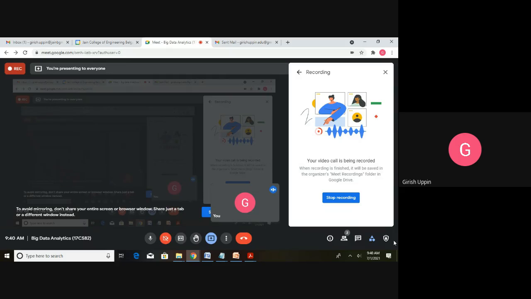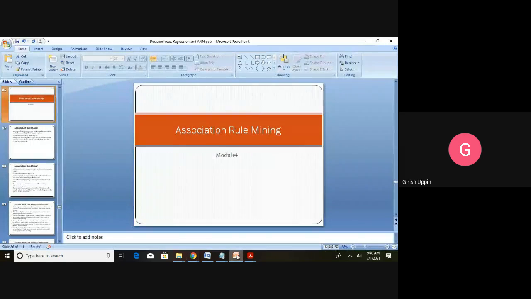In this session, we are going to talk about association rule mining. This is one of the unsupervised machine learning techniques, similar to clustering analysis. Association rule mining is also unsupervised learning, meaning we don't have any target variable. We will not have any target values known prior to the exposure of the data or the